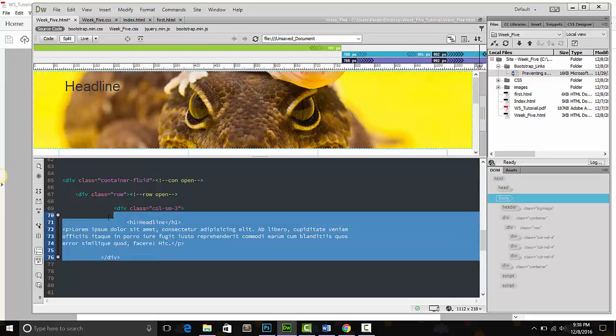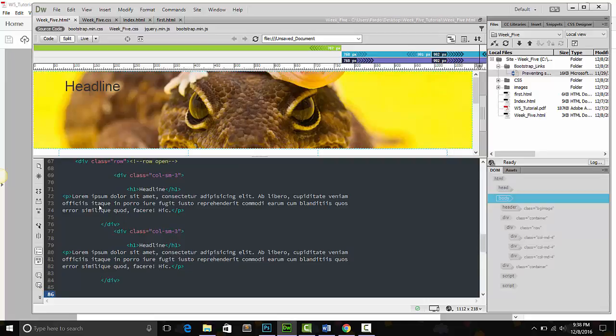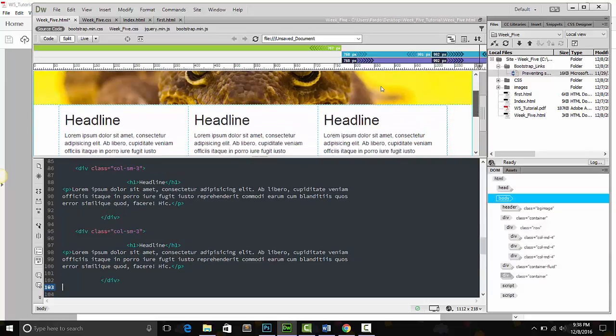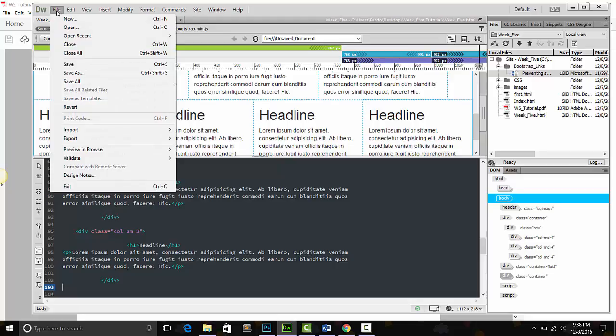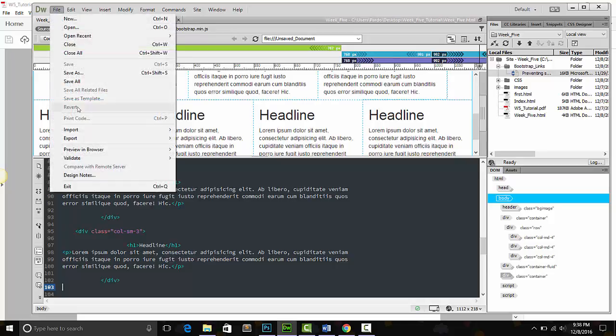So that means we're going to copy this. That's once, twice, 3 times, 4 times. So if you look at our page, we should have a section below here with 1, 2, 3, 4 new columns. And if I save that and then preview in the browser,